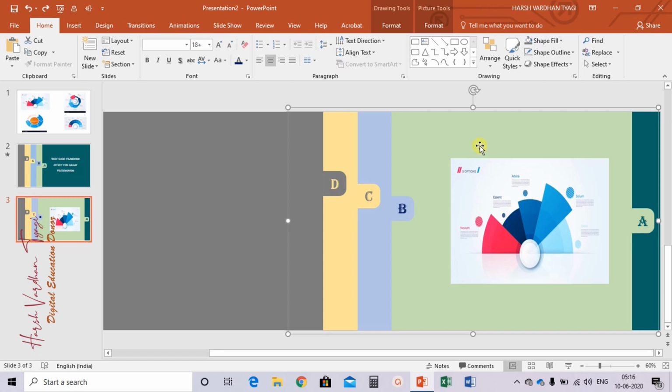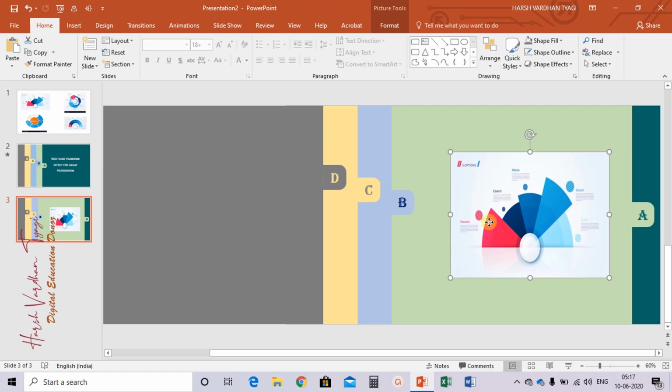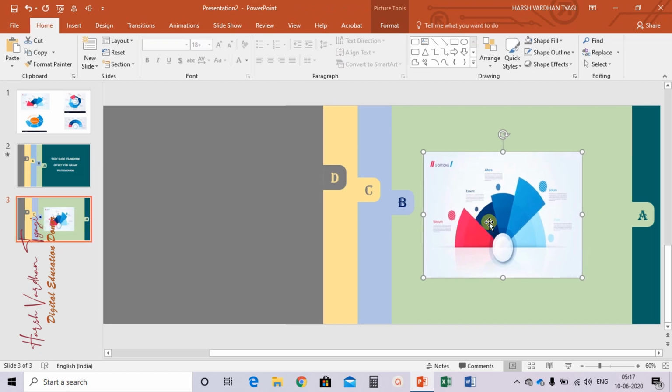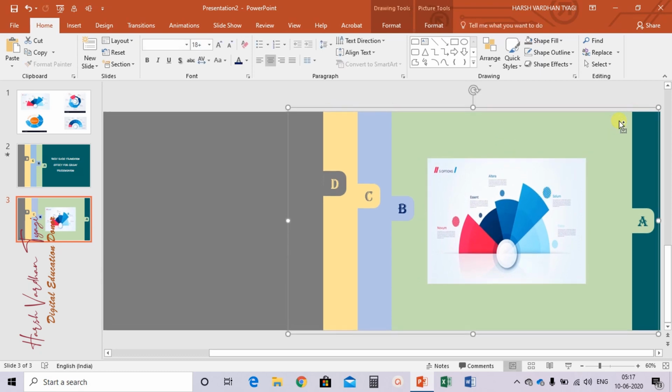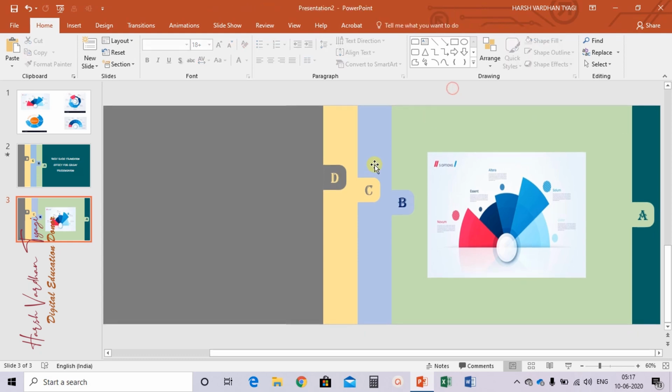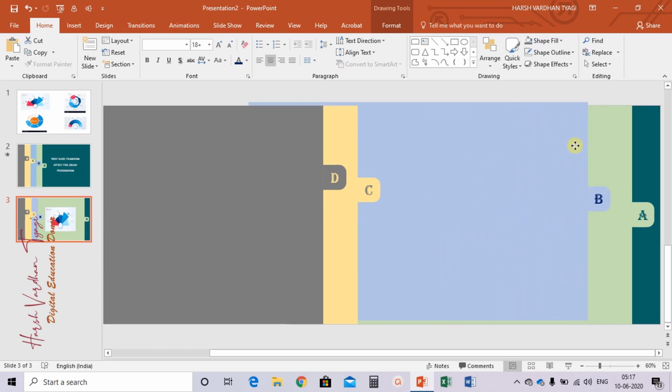Select this. I have to ungroup this object because I need to move this slide a little to the left side so that it won't appear. Yeah, this much is better. Shift Control G. Fine. Now select shape B, drag it to the right side, this much. This much you need to add.